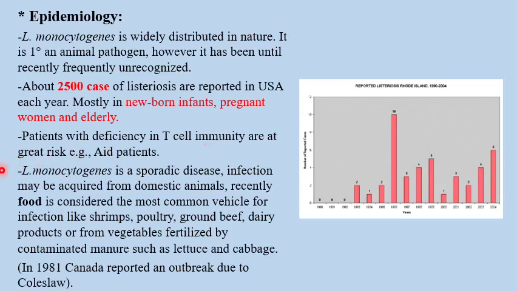It means it is not very widespread. It is a sporadic disease. The infection may be acquired from domestic animals, like we said, the dogs and animals that can be raised at home. Recently, food is considered the most common vehicle for infection. What types of food can be contaminated with this organism? Like shrimps, poultry, which is all birds, ground beef, which is minced meat, dairy products and their derivatives like cheese, and